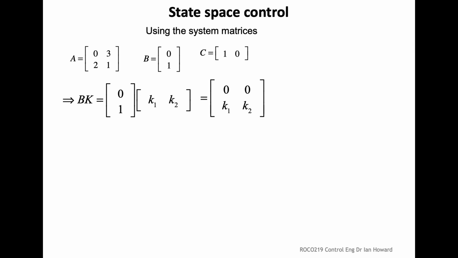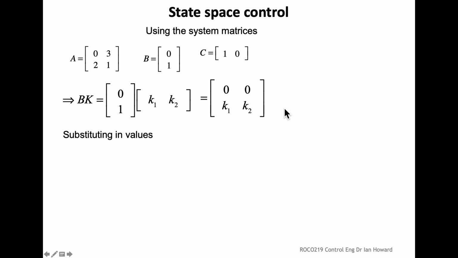In this case, it's got to be 2 by 2. So if you're a little bit confused and you forget how to do the multiplication of the B and the K, remember what you end up with has got to be the same dimensionality as the A, so the result has got to be 2 by 2. The way you do that is you multiply 0 by K1, 0 by K2 for the top terms,